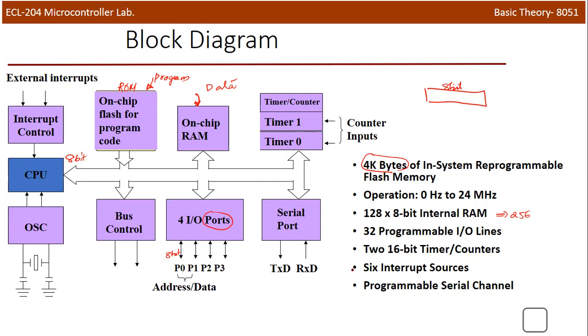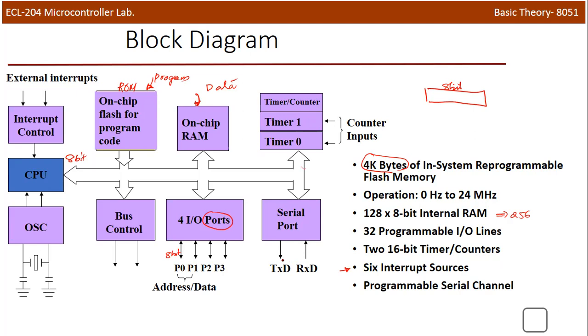There are also 6 interrupt sources, and this is the interrupt control unit. Some interrupts are external and some are internally generated. Another one is the serial port for serial data transmission. We are using 2 pins, TXD and RXD. In order to control all these things, there is a serial controlling unit. These ports are normally used for parallel data transfer, and this serial port is normally used for serial